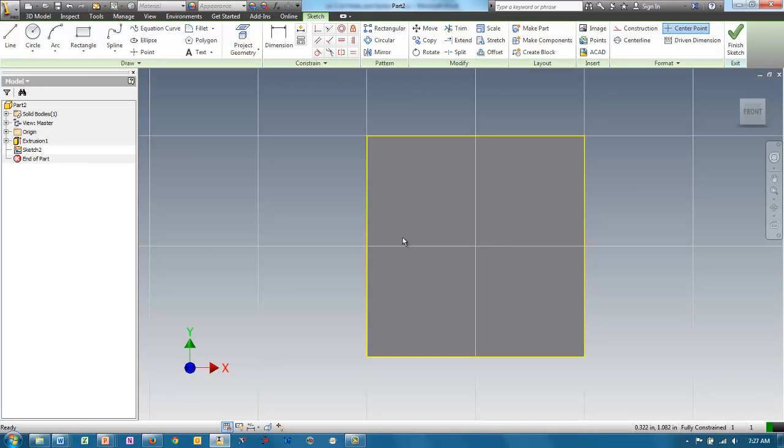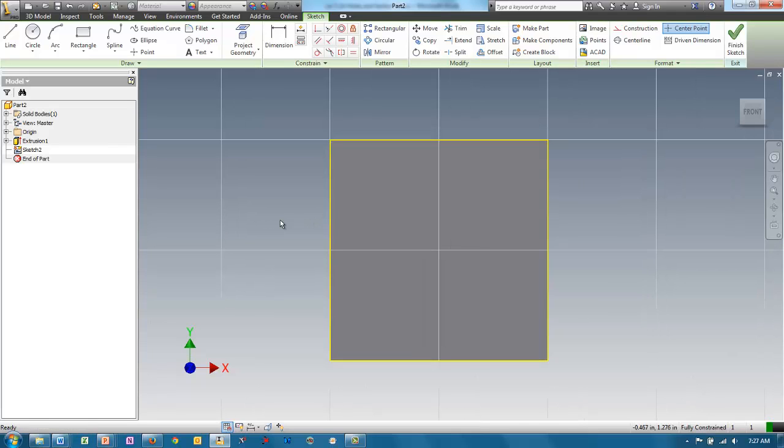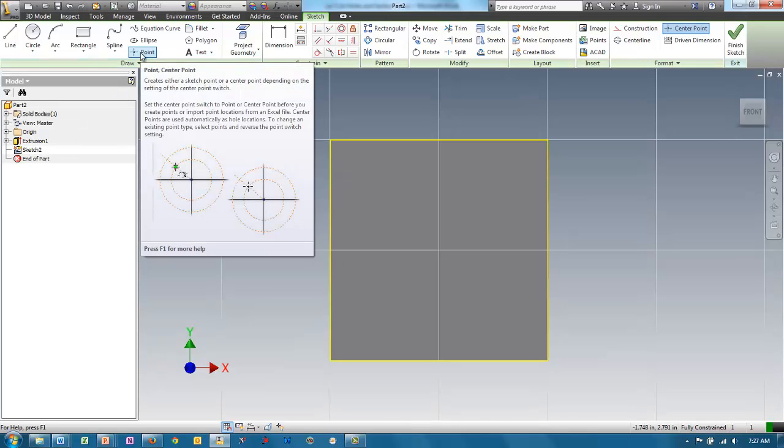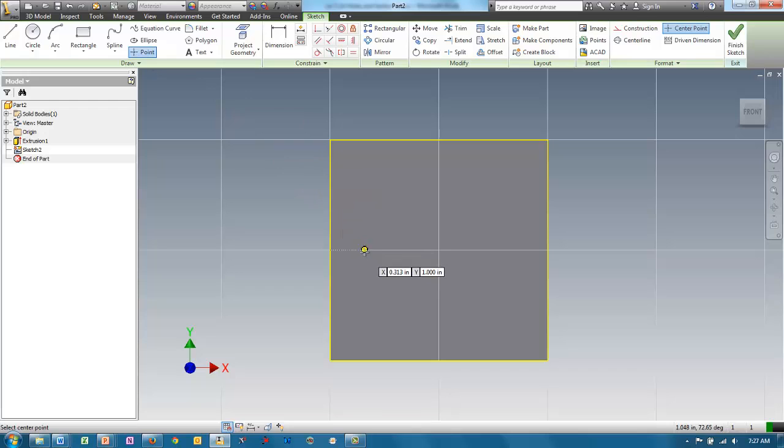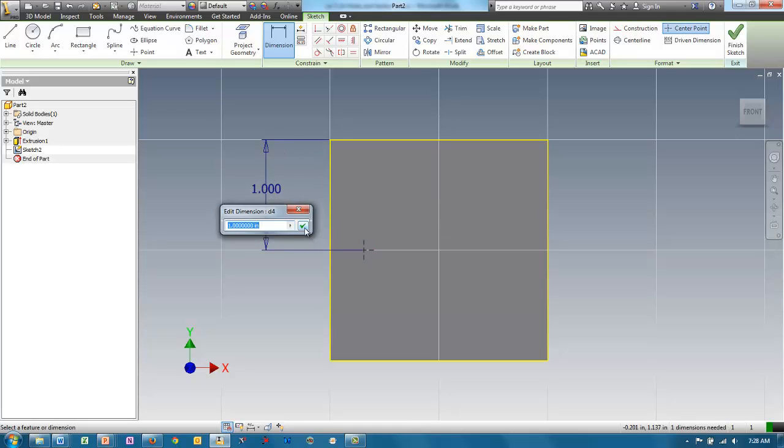the thing to remember about holes is that they're created based on making a point. So I'm going to go up here to the draw panel, and I'm going to place a point right here. Right click OK, and if you look down to the lower right, you can see that it says 2 dimensions needed. We haven't really paid much attention to this before, but this means that we need 2 more dimensions to fully constrain this point, and what I'm going to do is just use the dimensional constraint, and so it's going to be right in the center there, and then in the other direction I'll just choose